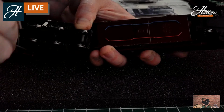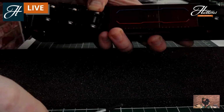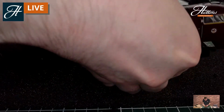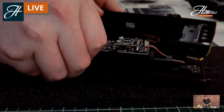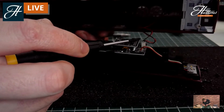Just do that last one, and then we should be able to open up this locomotive. So we'll see those 4 screws out, and then gently you prise the body away from the chassis. You just hear it disengaging there. And there we are. One important thing to keep an eye out on is if there are any extra connections,